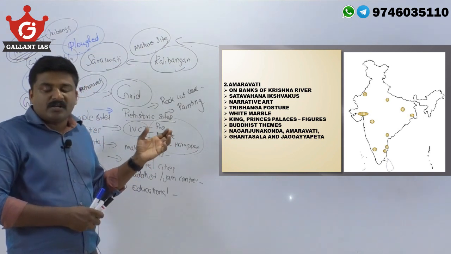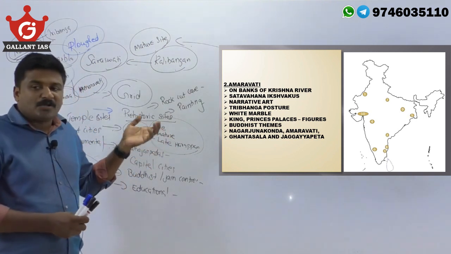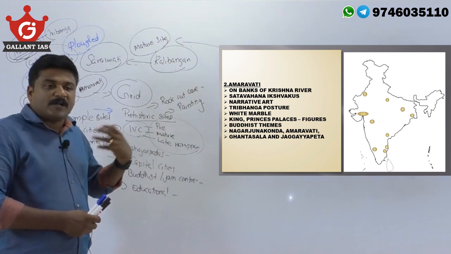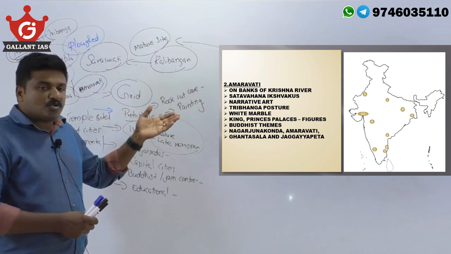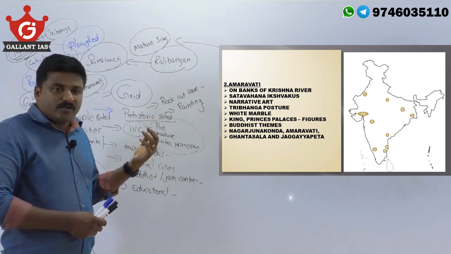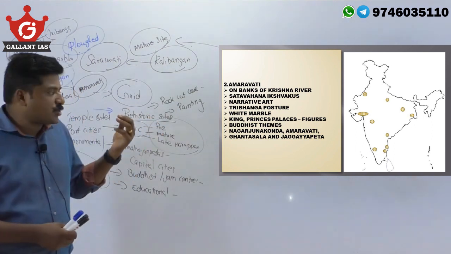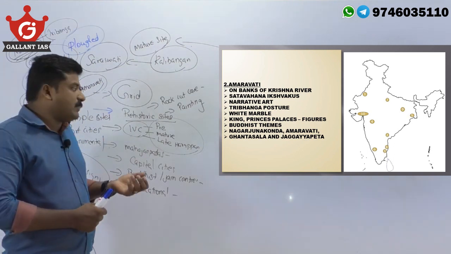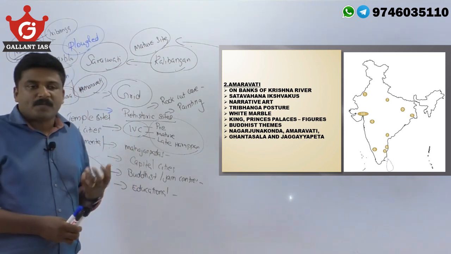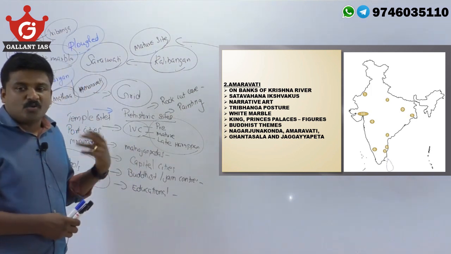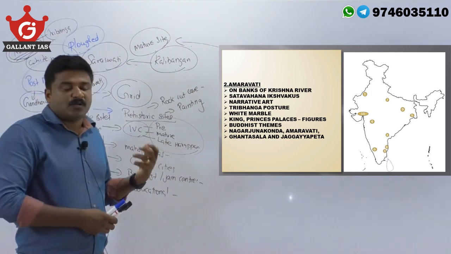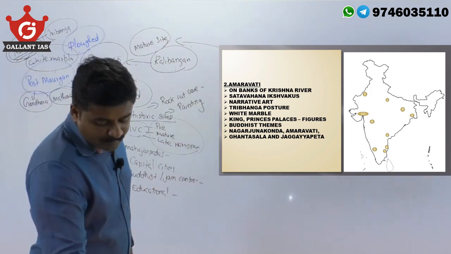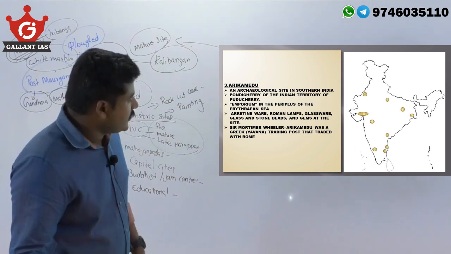When you write the short description in map-based questions, it is not necessary that you write down everything. But I am giving this much description because in the prelims UPSC asked which school is known for narrative art, or which school mostly has characters in Tribhanga postures, or which school used white marble as the chief material for sculpting, or which school was patronized by the Shatavahanas and Ikshvakus, or the school in which Buddha's depiction was in symbols. That was also Amaravati. So take care, that is important from your prelims point of view also. Now the third one is